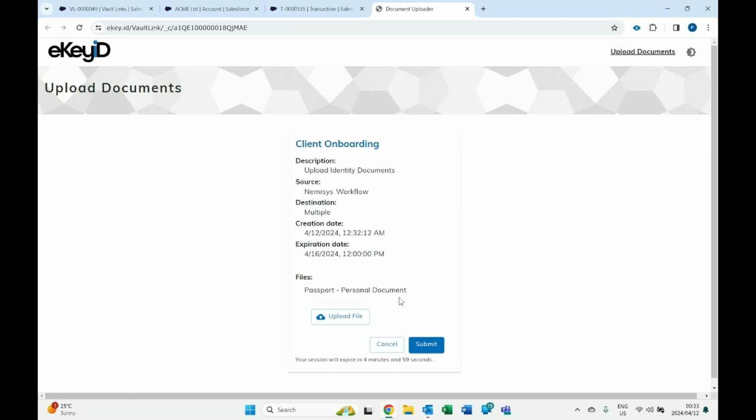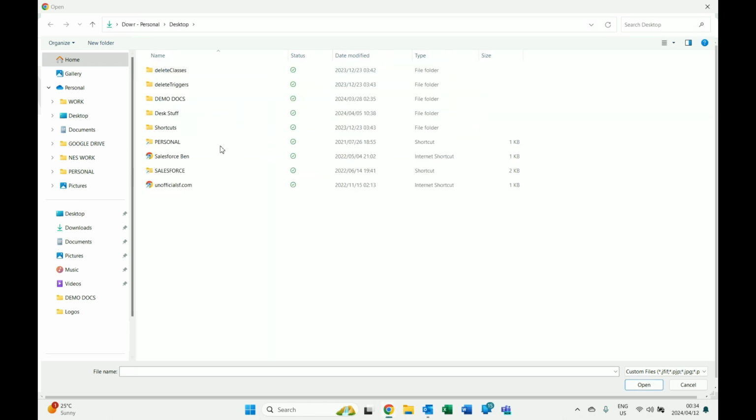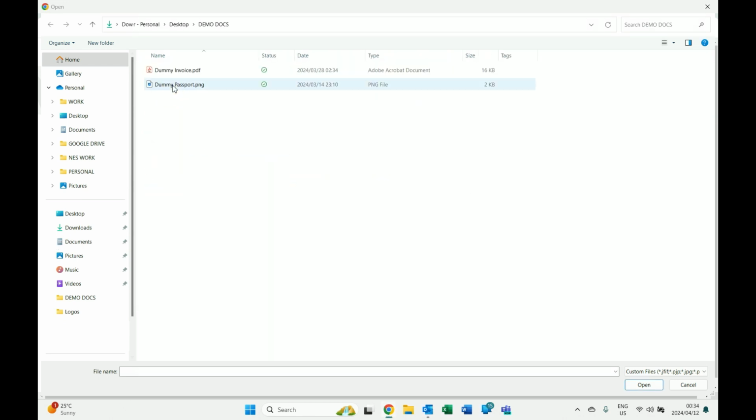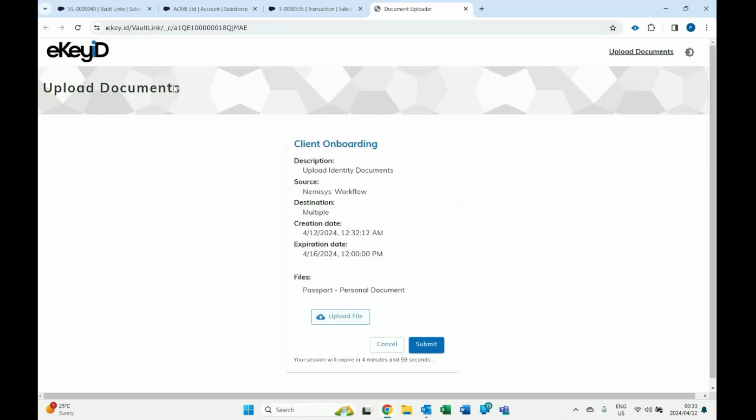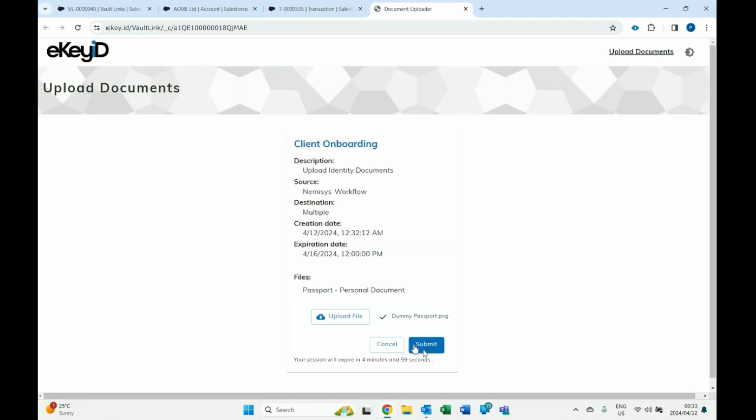I'll click on the upload button, find my document. I think it's, oh, here we go. And we're ready to upload. Before I click on submit, let me just jump back to the management system. Remember I pointed out that there are no eKeyiD details yet. When I jump back to the uploader and click submit,